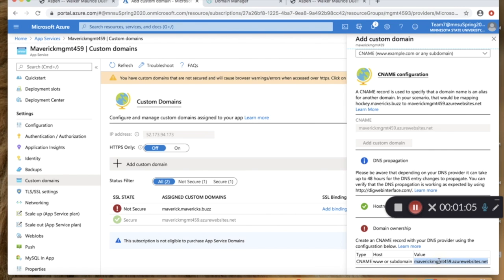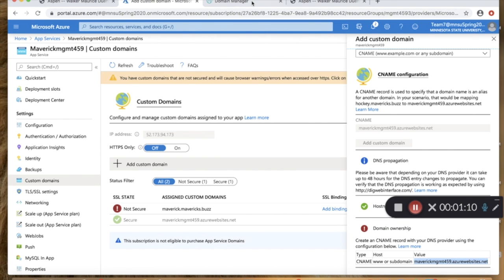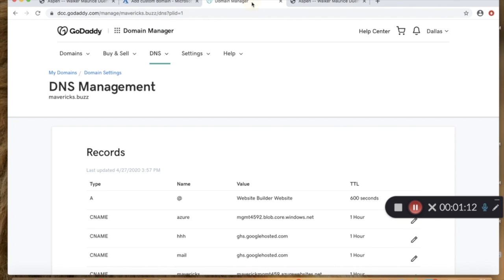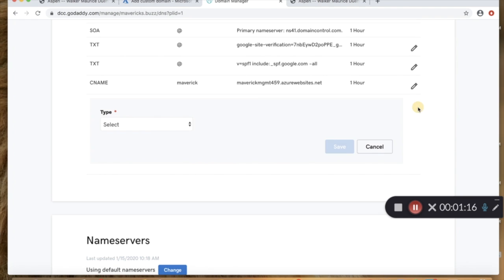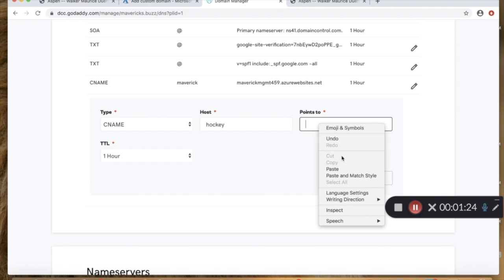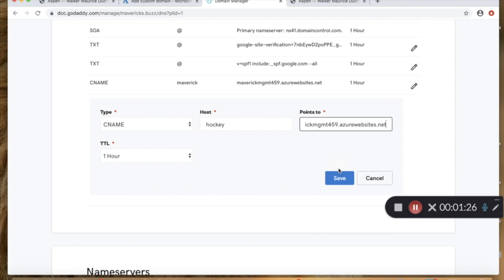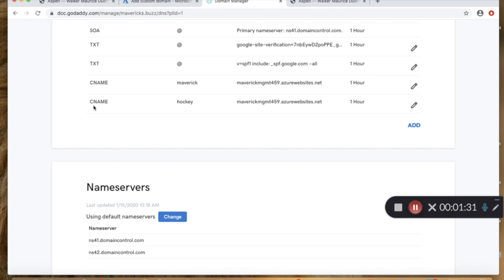So now copy this, go over to GoDaddy where I can create a CNAME, click add, CNAME, host will be hockey, points to that link we copied, click save, you can see it's right here,